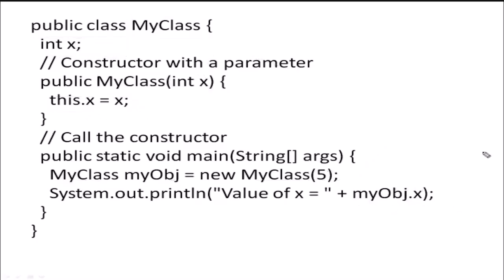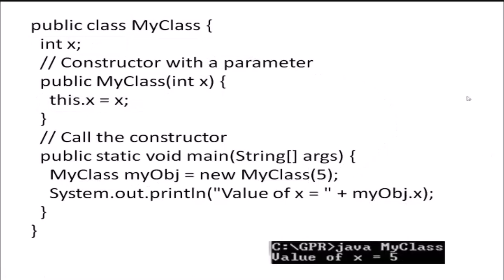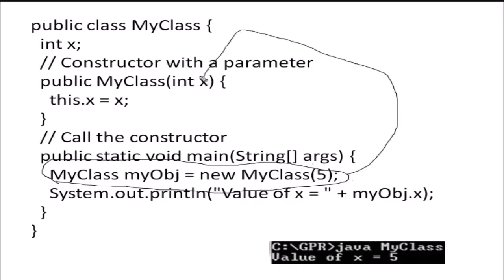Now let us see what the output will be. Here it is going to show x equal to 5. So what is 5 here? Here we have taken a 5. So 5 is going to be passed by this. My object class equal to new my class. This is the instance which is going to be here. So this is going to accept this method which is passed as a parameter newly. That particular object will be taken by this. That is the purpose of this